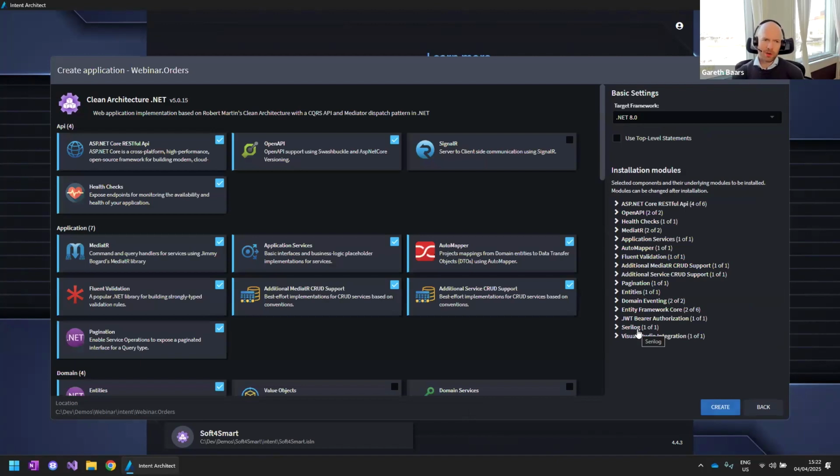This is taking us into the clean architecture and all of the different architectural components and options. You'll probably be quite familiar with all of this, so we can run through it very quickly. I'm sure this is all quite familiar to most .NET developers. We've got things like ASP.NET Core for our web API. We've got Swashbuckle for our OpenAPI. If we need WebSockets, we can bring in SignalR. If we don't need it, we don't need it. Health checks, if we have infrastructure for that.